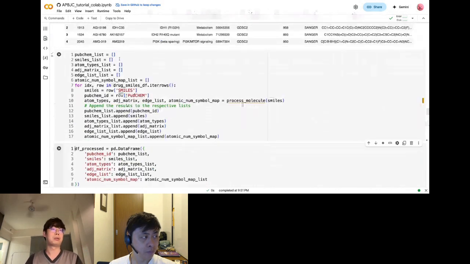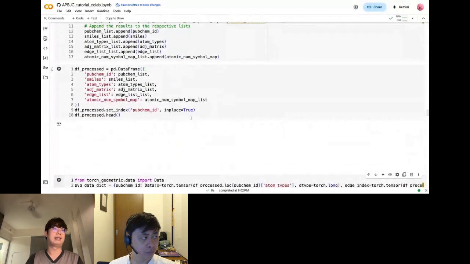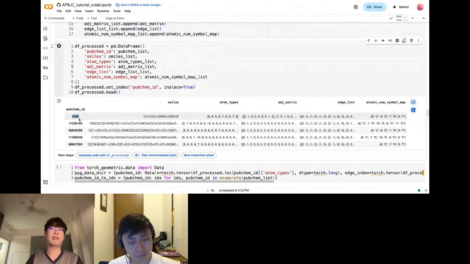So we just need to iterate over this data frame. And finally, our processed data looks like this one. This PubChem ID is the identifier for a drug, where the starting point is the SMILES information, and we get this